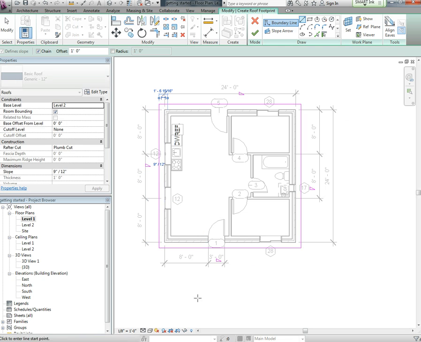And it automatically makes it 1 foot off the edge. If I would have gone the other way, I would have put it on the inside, I'm pretty sure. Anyways, you always want to go clockwise. Now, if you look,